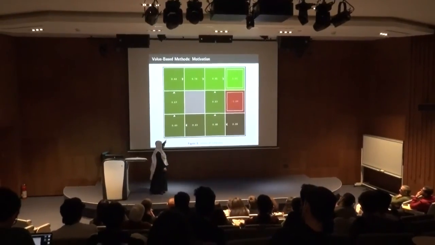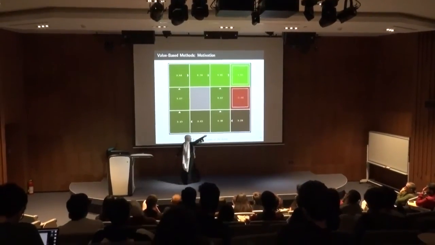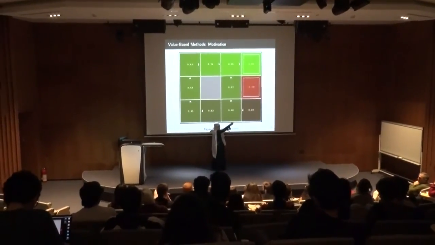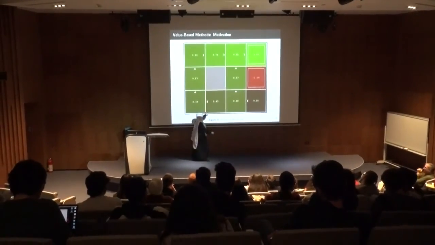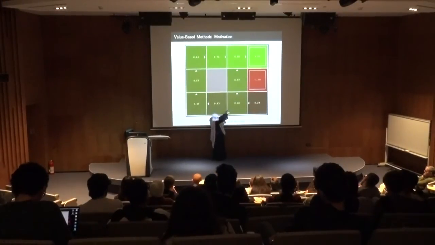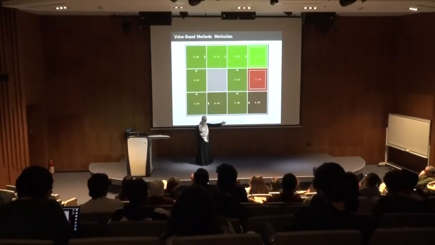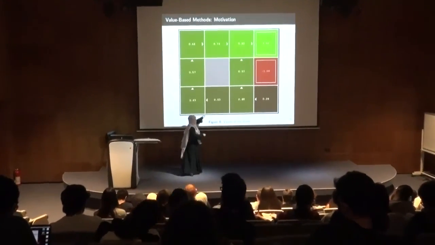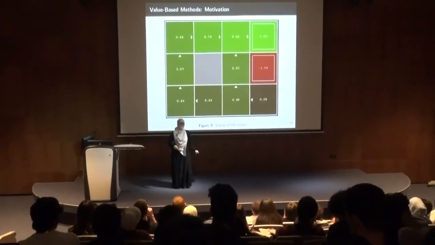Why do I have a higher value in this state? Danger. Exactly. So this danger here affected the value of this state. Definitely it affected the value of the state, and I can reach the state from the state and so on. So now it's better, given the reward function and the transition probability and whatever, it's better if I'm in this state than go all the way up and then try to reach the diamond.